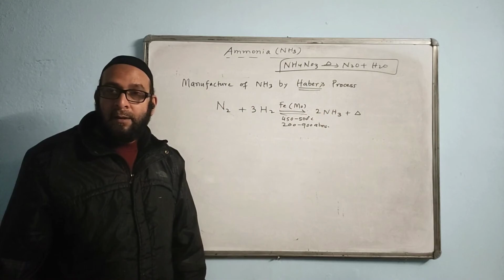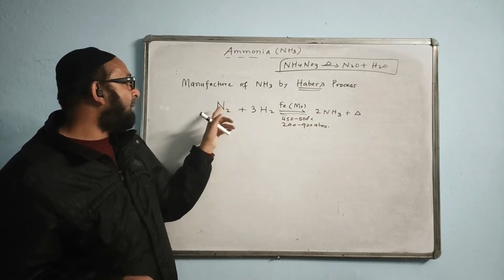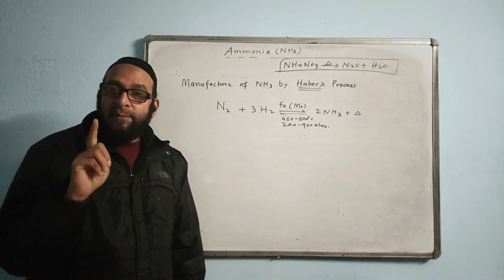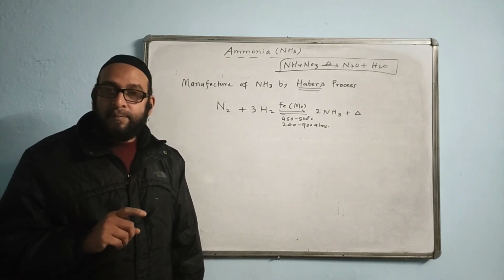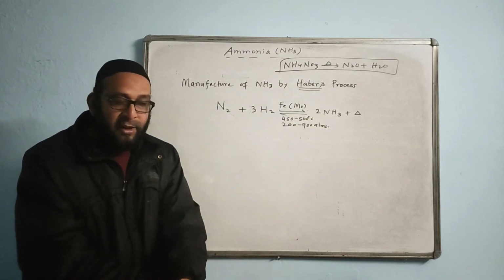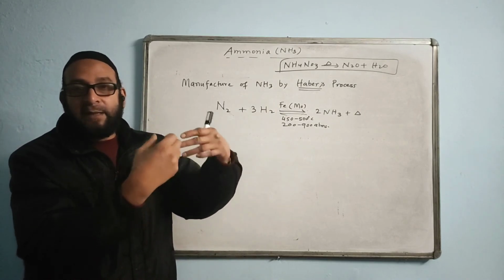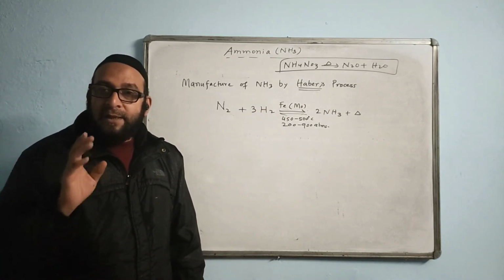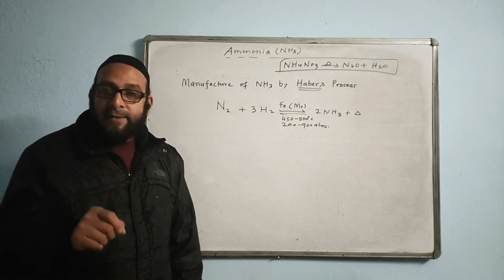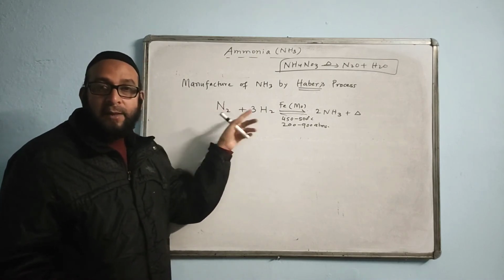And when we change it to liquid form, we make sure that the ammonia is separated from the uncombined nitrogen and hydrogen. How? Because out of the three gases, ammonia liquefies most easily. When you cool it, it is ammonia gas that will change to liquid, whereas nitrogen and hydrogen do not liquefy easily. So they remain in the form of gas and that means they are separated. This is the reason why the product of Haber process, ammonia, is collected in the liquid form, to separate it from the uncombined nitrogen and hydrogen gas.